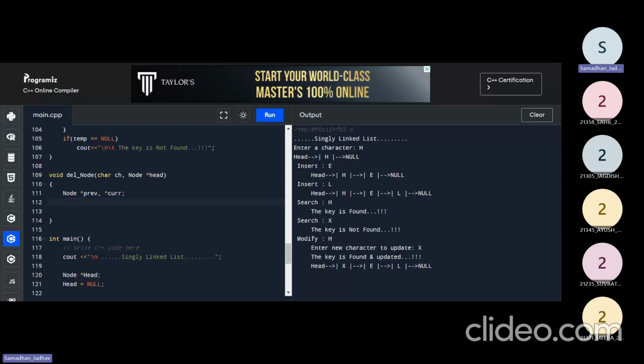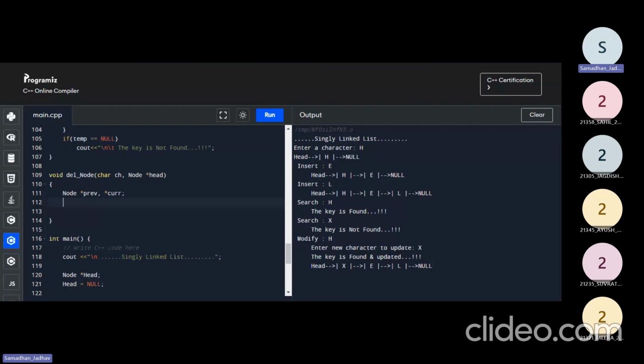Currently, the previous node has the address of the next node, that is the current node, and I want to delete the current node. So the address of current's next node is copied inside previous's next, so that the pointer is changed. Previous will point to the current's next node, and then we'll delete the current node. So here we'll start from